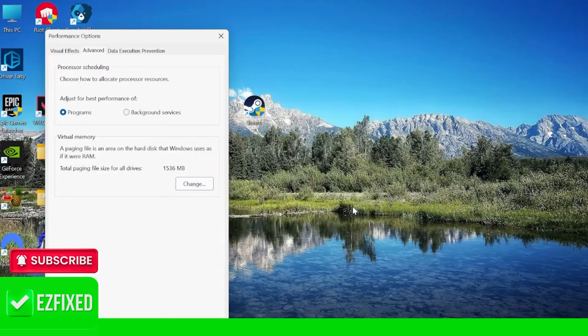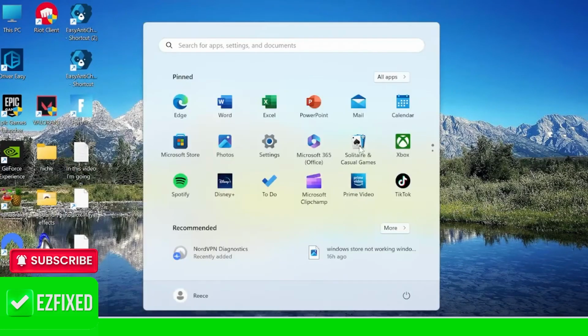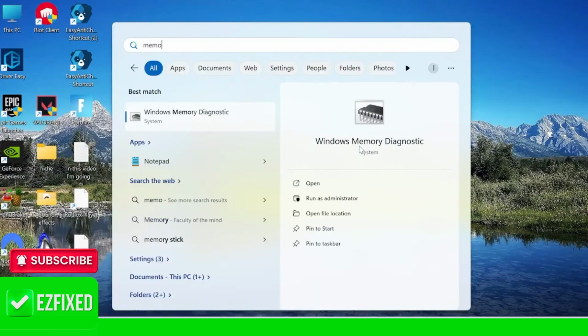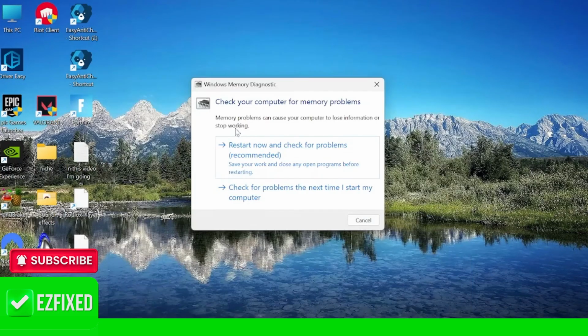But before we do that, let's head out of here, and you want to come back to the Start menu, and you're going to search for Memory. Then hit Windows Memory Diagnostic, and you want to select this top one where it says Restart Now and check for any problems. This is going to restart your computer, and this should have now fixed your Windows freezing problem. If you still are experiencing issues, then I'd recommend to install an antivirus program and to scan your computer for any